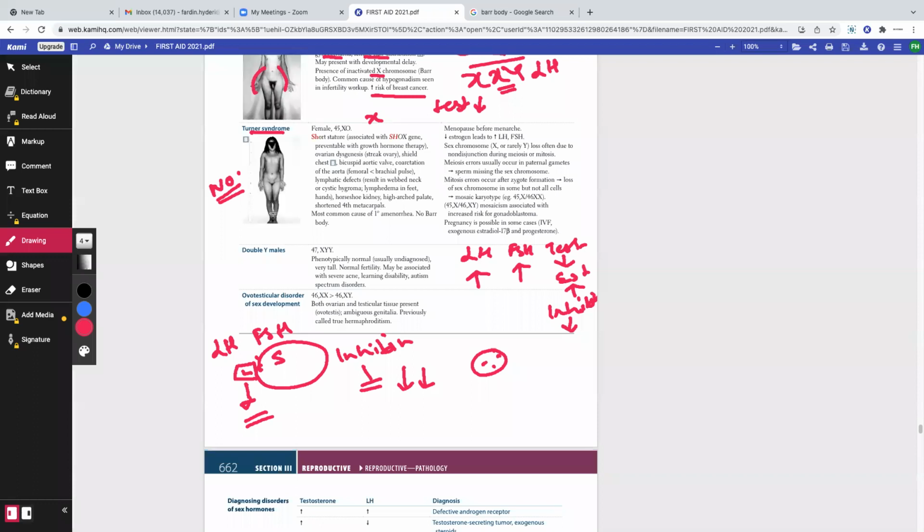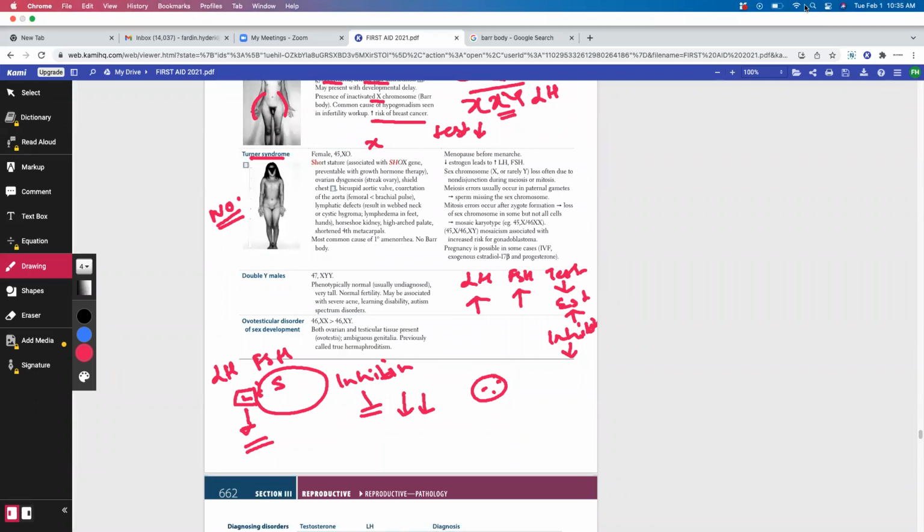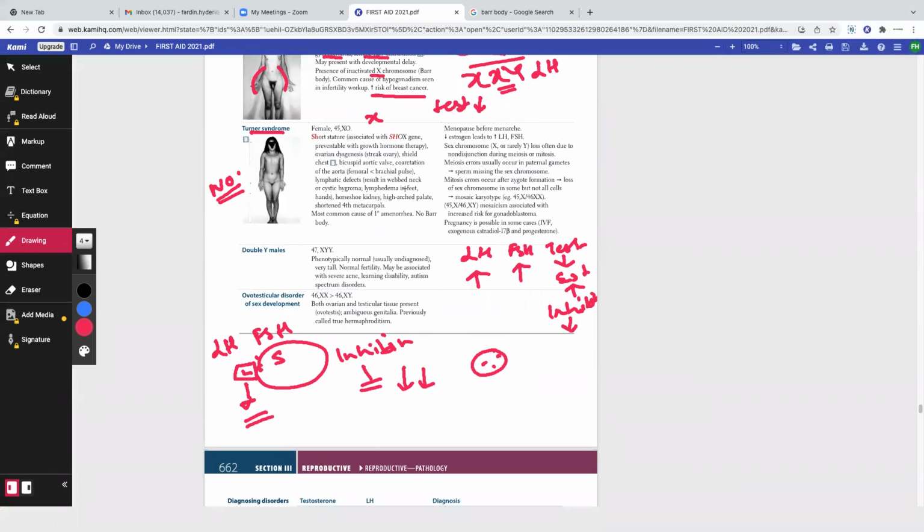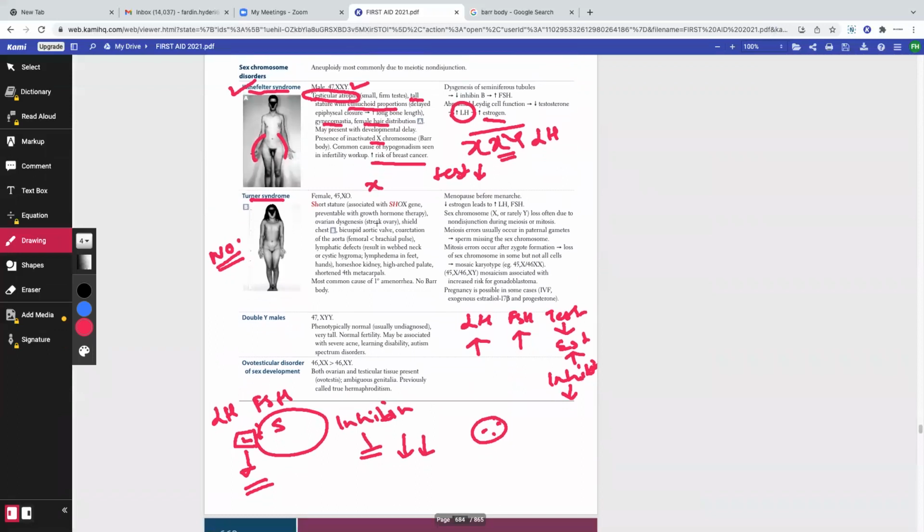For example, females are required to give birth, so they should have a wider hip. Females usually do not have, is my voice cutting for everyone? Or can everyone hear my voice properly? Yes or no? Fast answers, please. Can everyone hear my voice properly? Yes? Okay. Clear? Okay, good.